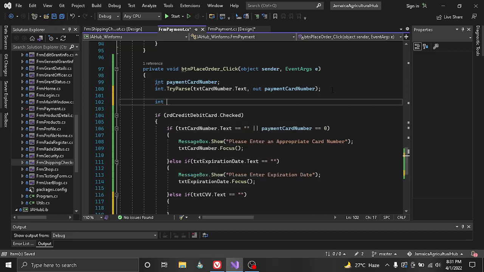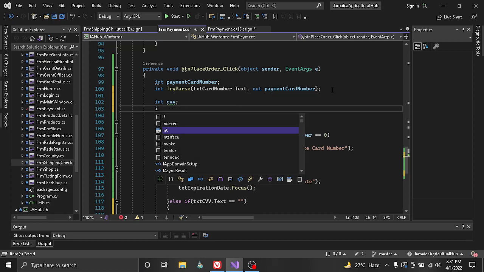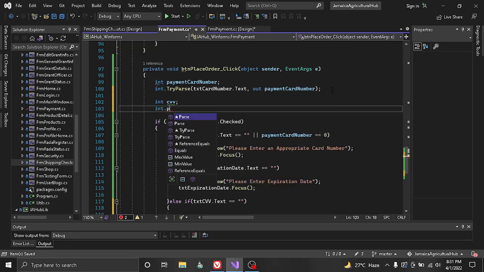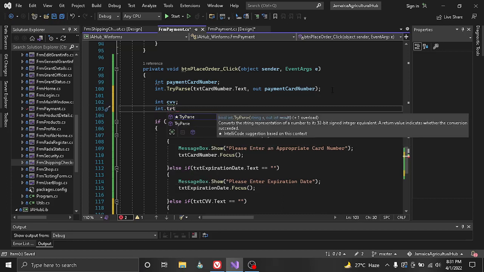So int, define, close, all lowercase for now. Then we're going to do int. I'm working with the TryParse, not working with the return value of the TryParse. I think I did some